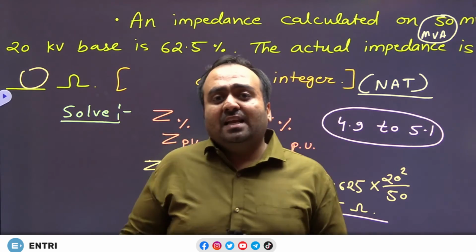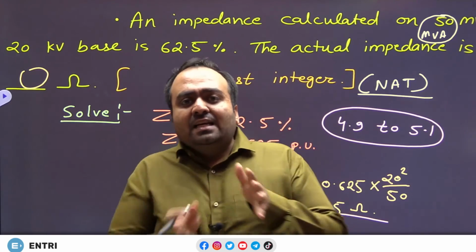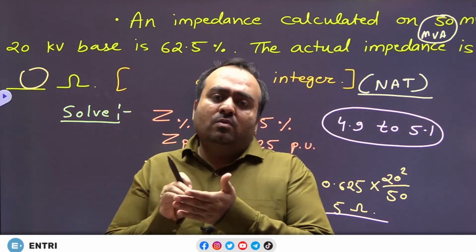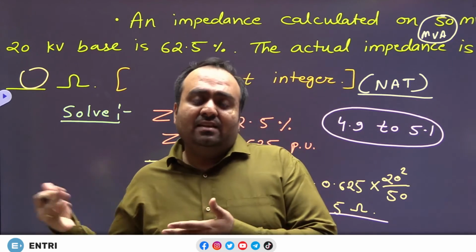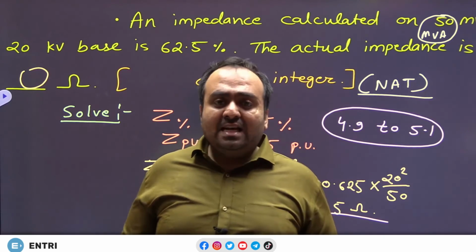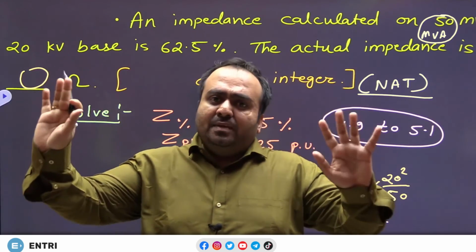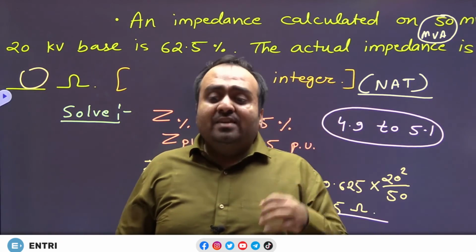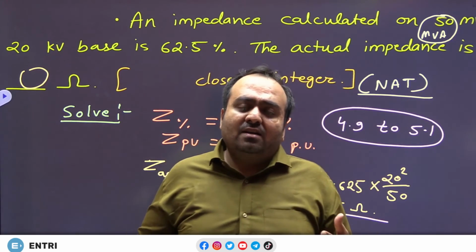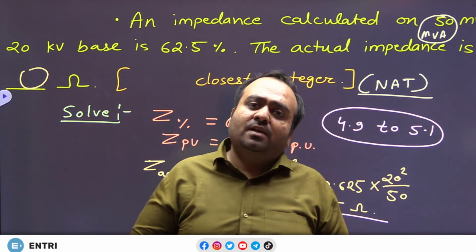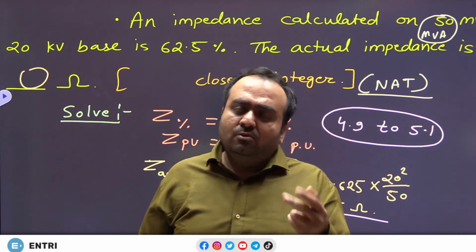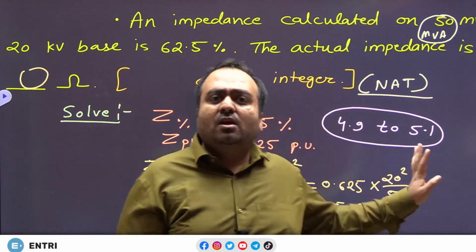If the answer is coming like 4.13, 7.19, then the tolerance may be more, because some students will take 2 places after the decimal, some will take 3 places. So plus minus 2% variation may come in the final answer. The person who is setting the paper is well experienced, he knows all these things. So if you have done it right, you will get it right. As easy as that. Don't be concerned about how many decimal values we should take, 2 or 3. 2 is okay. If you have done it right, 2 will give you the answer. You will be in the tolerance only, don't worry.